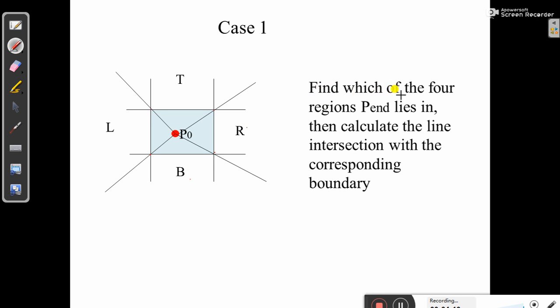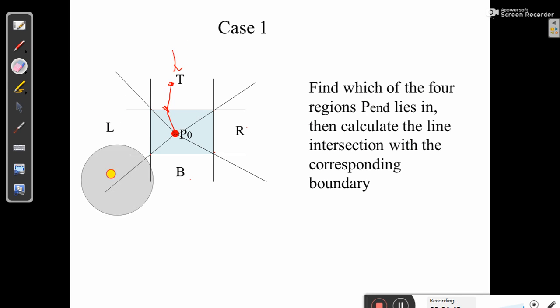Find which of the four regions P end lies in, then calculate the line intersection with the corresponding boundary. If P end is in any other region, we can find the intersection with that boundary. That is the idea in case 1, where P naught is inside the